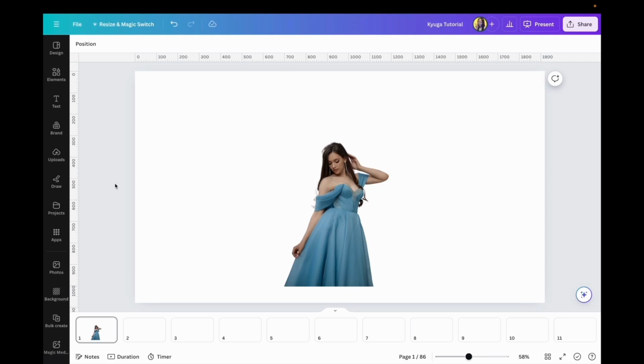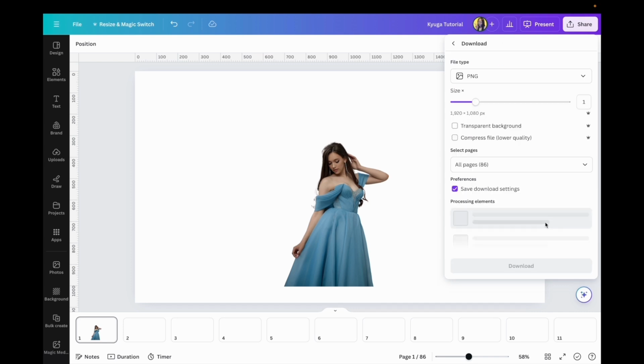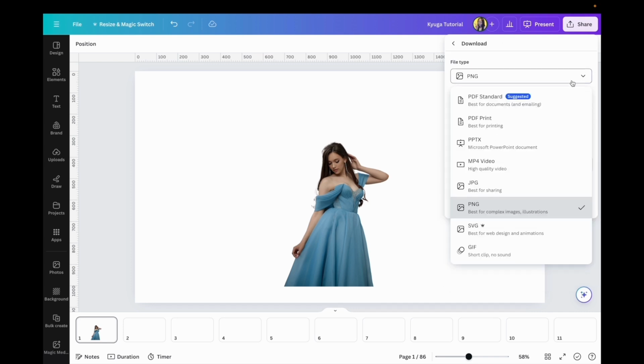In this tutorial, we are going to learn how to create a transparent background. This image that you're seeing right now, on Canva, it looks like it's white. It has a white background. I can still download this file as a transparent by clicking on Share, select Download, then make sure the file